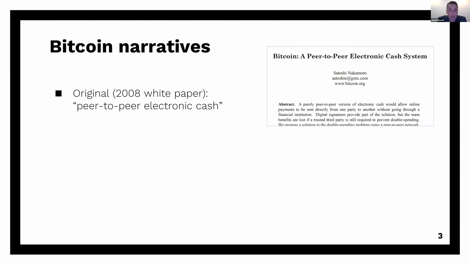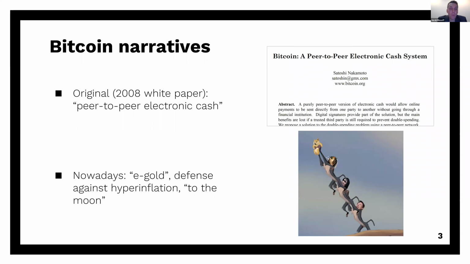But then there's the more modern narrative, which I would present as e-gold. This is the idea of an asset that you can invest in, and it will hold your money well. It will be a good store of value. So you can buy some Bitcoin and sit on it, and nobody can take it away from you. Nobody can print more Bitcoin. The Bitcoiners love to talk about this. They all complain about the Federal Reserve and the monetary policy and the U.S. government,